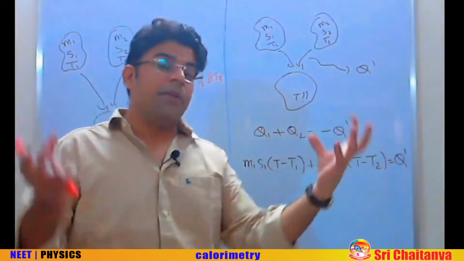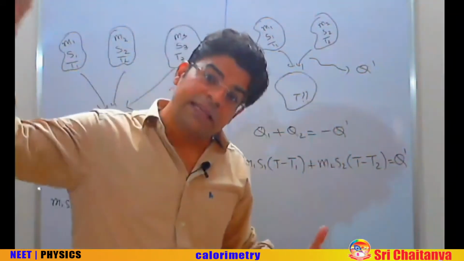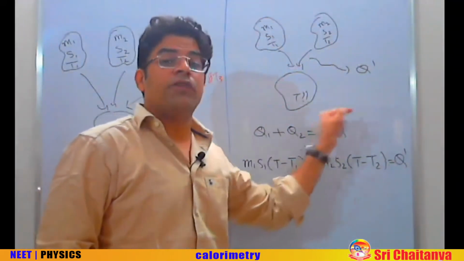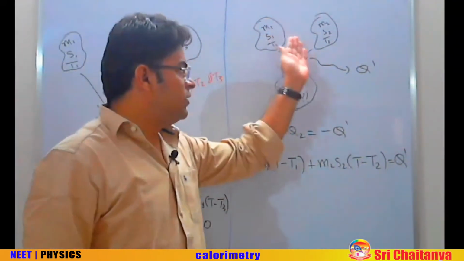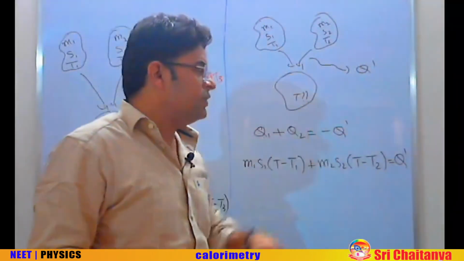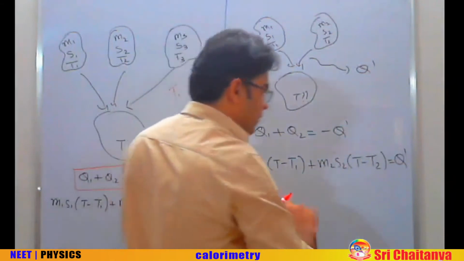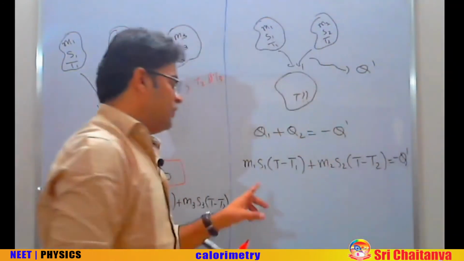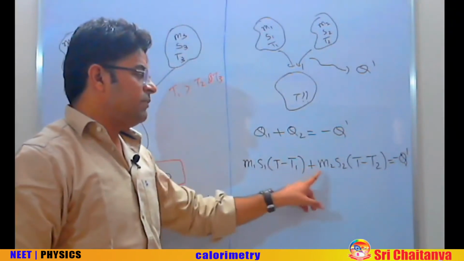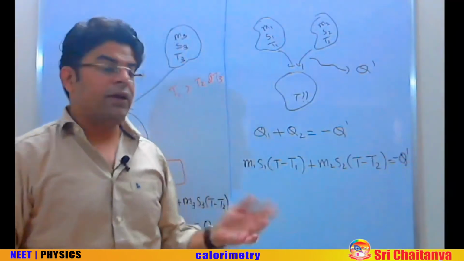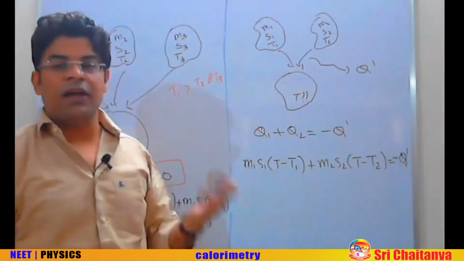If they are mixed as well as q dash amount of heat is given, then you will write heat given to 1 plus heat given to 2 equals q dash. So here, since q dash amount of heat came out on mixing, you write Q1 plus Q2 equals minus q dash. Sorry, I missed out that minus here. Okay. So heat given to 1, m1 s1 (final minus initial), plus heat given to 2, m2 s2 (final minus initial), equals minus q dash. Here heat is being extracted, that's why I wrote the negative sign.